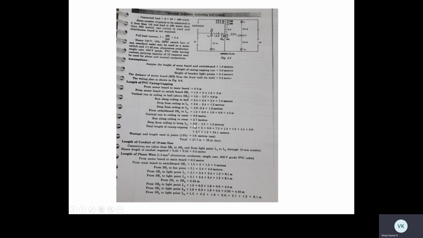Okay. Drop from ceiling to lamp 3. Ceiling to lamp 3, here. This is 3.6 meters minus this 2.4 meters. Total length: 5.2, 5.6, 7.2, 1.2. By calculating all these things, we get 24.2 plus 15% of breakage. That is 27 meters, around about 28 meters. So this is how it gives the length of